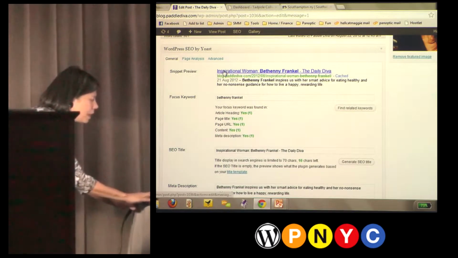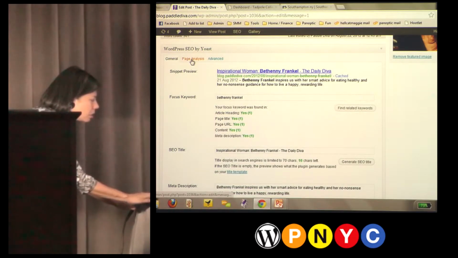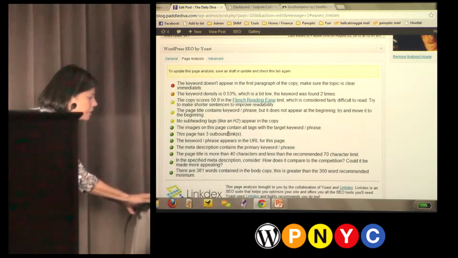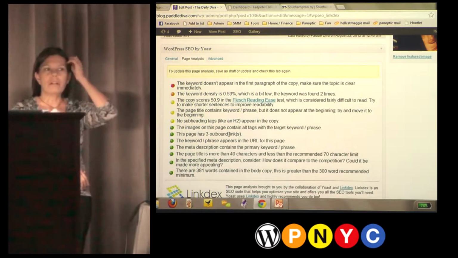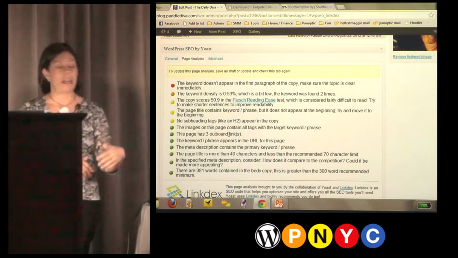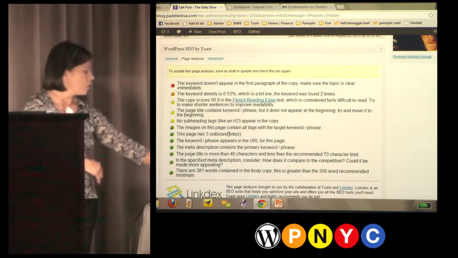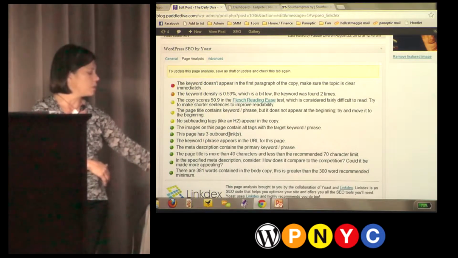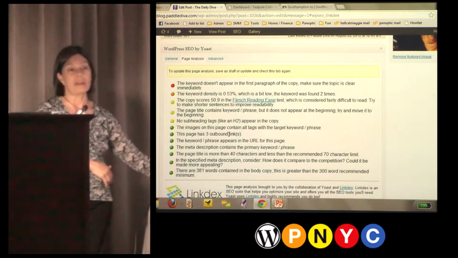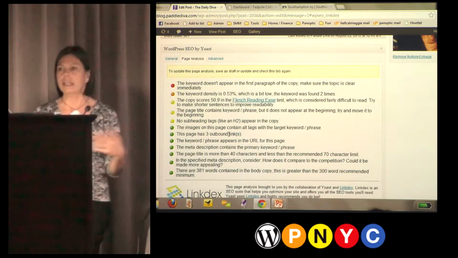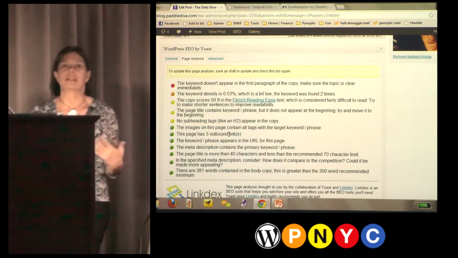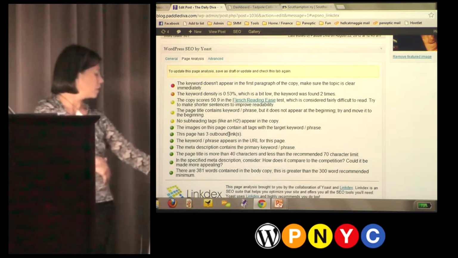And if you click into this page analysis, the second tab on the Yoast plugin, this will even further break down the SEO score for your page. It'll show you all the things you saw on the previous page, but it'll give you some extra information. And it'll tell you whether that's good or bad. So I feel like using this plugin actually helps you get better at SEO. Because it'll tell you here,